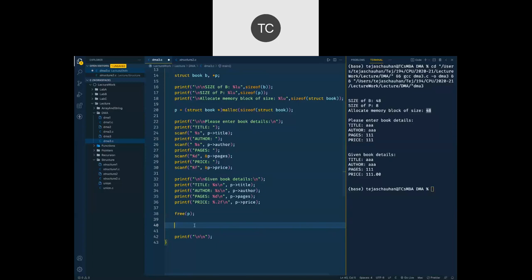Fine. So before moving to that, Yusuf is asking, will it use whole 48 bytes? Yeah, look, when you have a structure and when you allocate a memory for structure, it is going to acquire full memory block. So in this case, it is going to acquire 48 bytes.